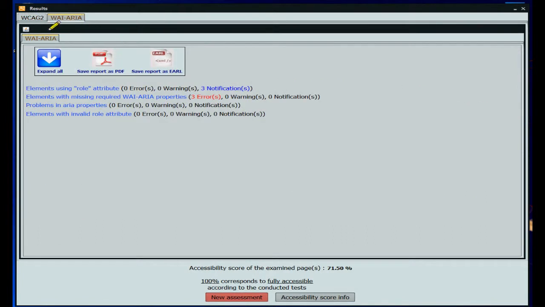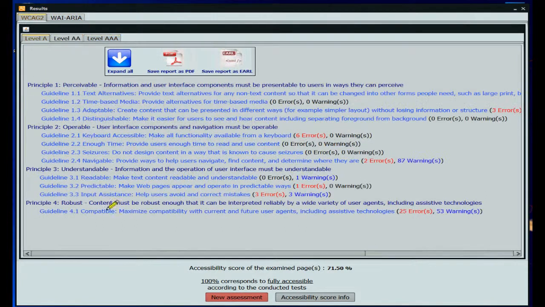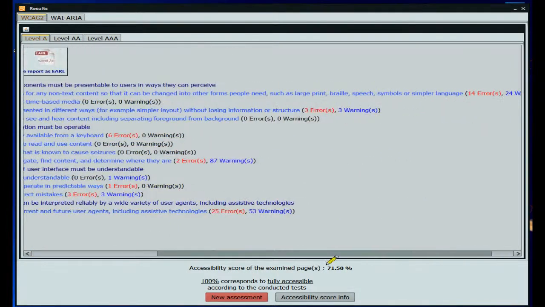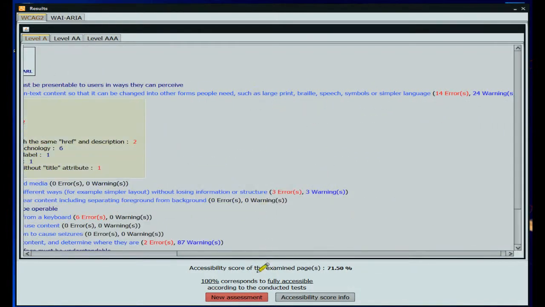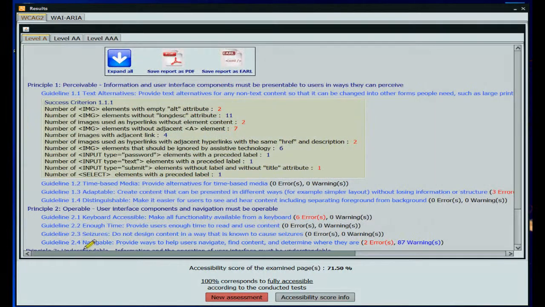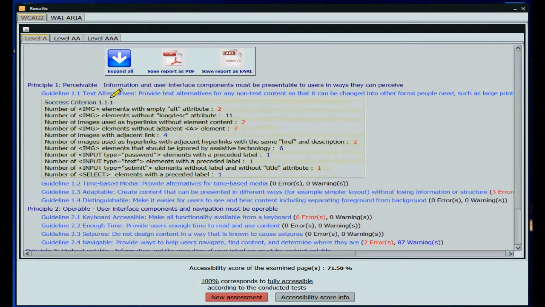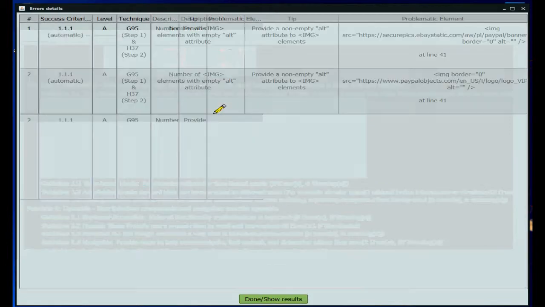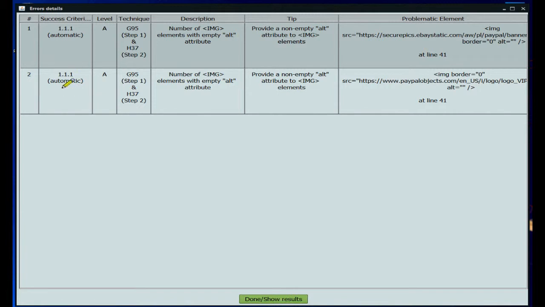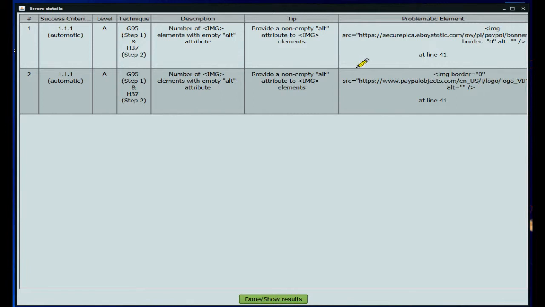The results provide detailed information concerning the number of the identified errors and warnings. Details regarding the line where each error appears in the source code and tips for the correction of the errors are provided.